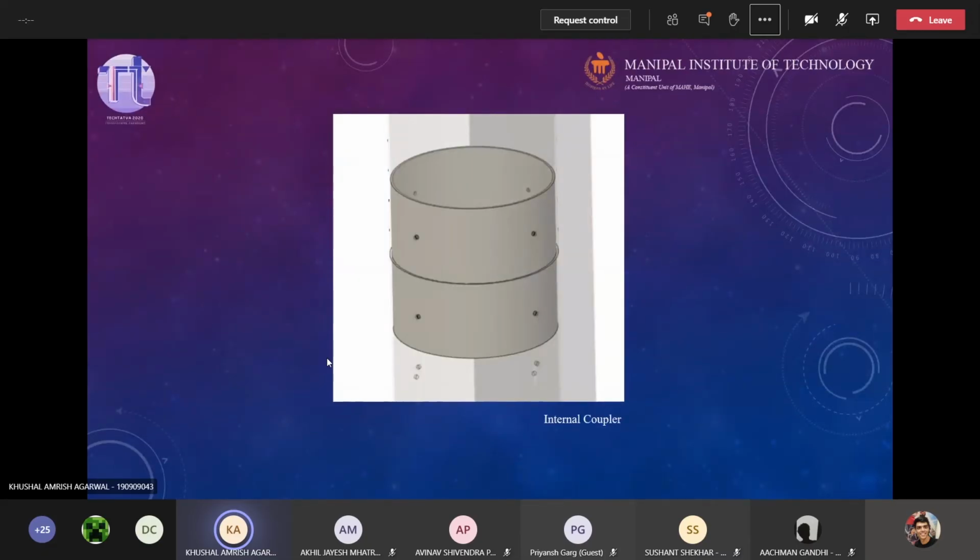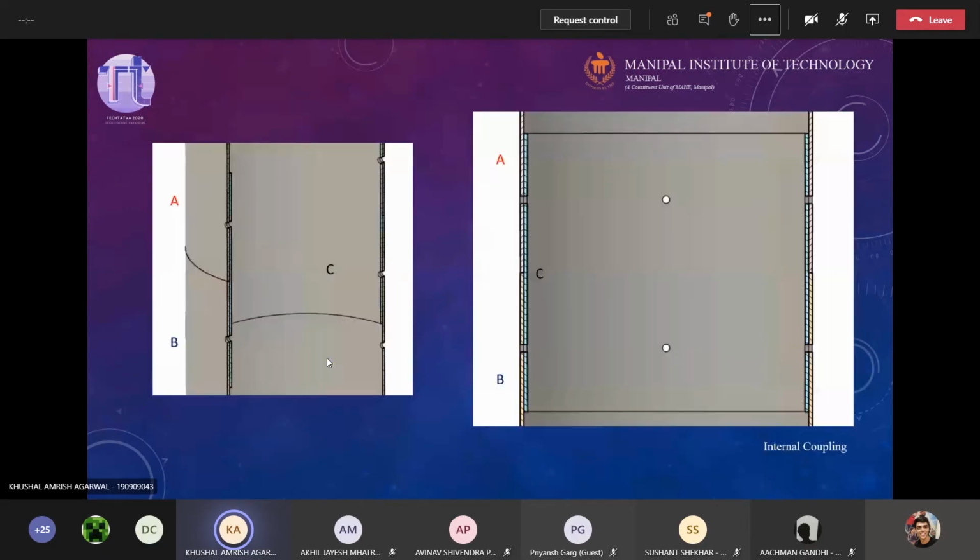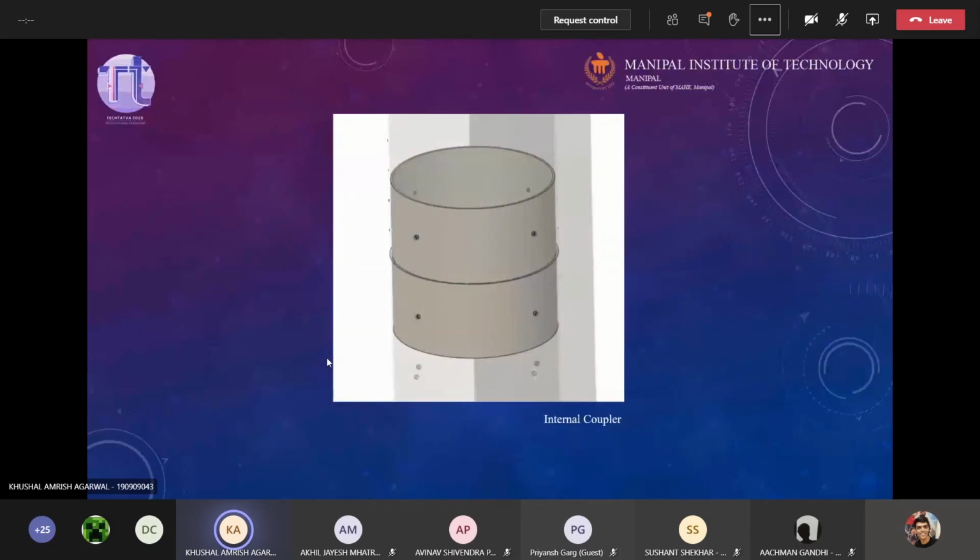Now external coupling is exactly the same, but it's on the outer part of the fuselage. So this causes a bit of flow separation and some increased drag while the rocket is in flight. Now, why is there even a concept of external coupling when it messes up the aerodynamics of the rocket?